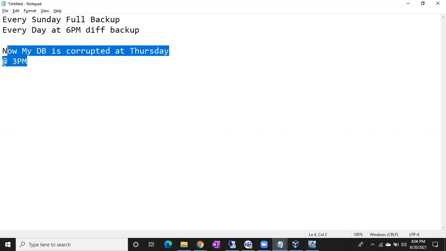You have only full and differential backups. 6 to 7. What is that 6 to 7? See, weekly full backups are running, and daily differential backups are running at 6 p.m. My database is corrupted Thursday 3 p.m. Till what time can you recover the database?